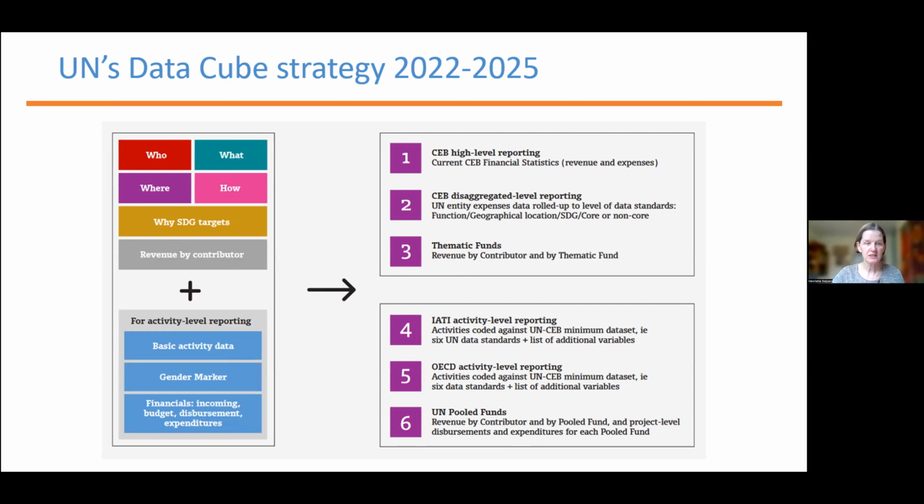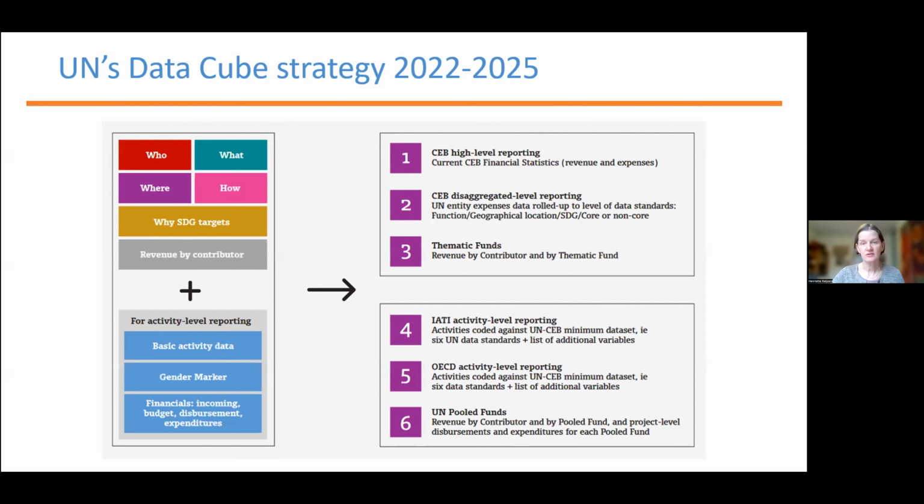Basic activity level data, the gender marker, which next year will become the UN's 7th data standard. So we are currently incorporating that in the system, as well as standard financial information. And the idea is that if each UN entity captured this, they have the necessary information to both report to